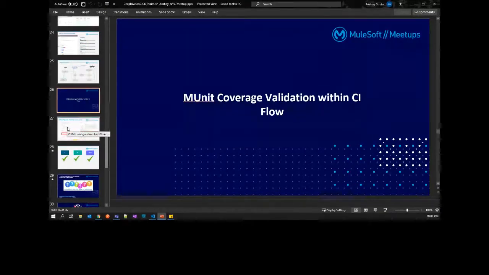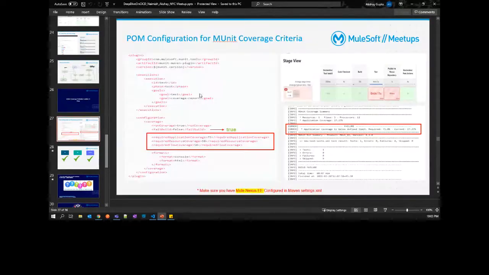Okay, if no more questions, I can move ahead to the API coverage flow validation. Yeah, I think we can proceed, Akshay. Yes. So